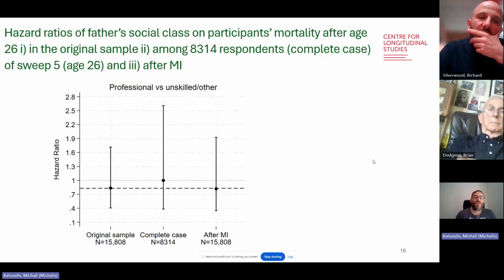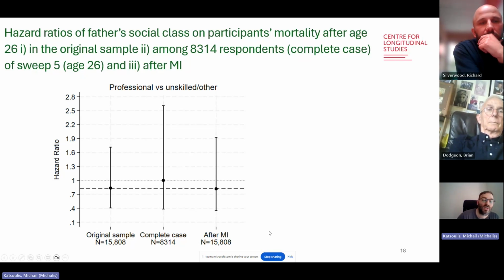And the same also holds for when we compare those who have a professional social class versus the unskilled. The hazard ratio on mortality is 0.8. Again, among respondents, when we lose almost half of individuals, the hazard ratio goes to 1. But when we go to this sample and we perform multiple imputation, then we saw that the hazard ratio goes back to